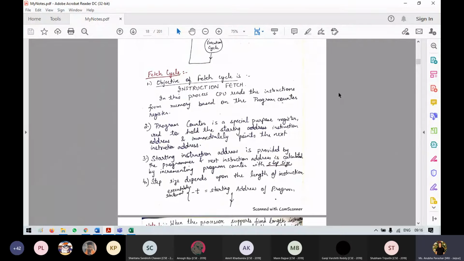If it is consecutive memory, or let's say 8 byte or 16 byte, then the steps can have a step counter of 2 or 4 or 8 or 16. Likewise we can do the step counter.